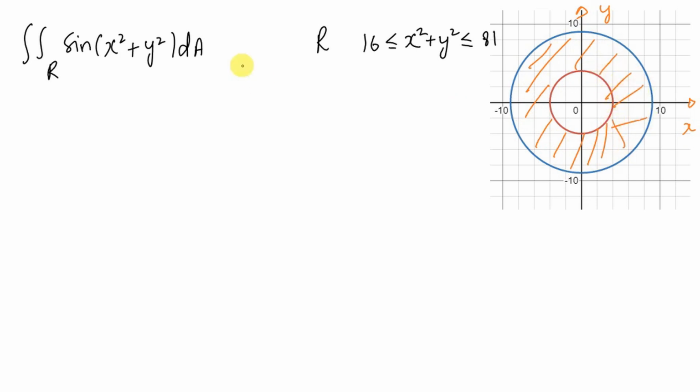Now we have to evaluate this double integral on this region R, and we have to use the polar coordinates. So for polar coordinates we know that we have to put x as r cosine theta and y as